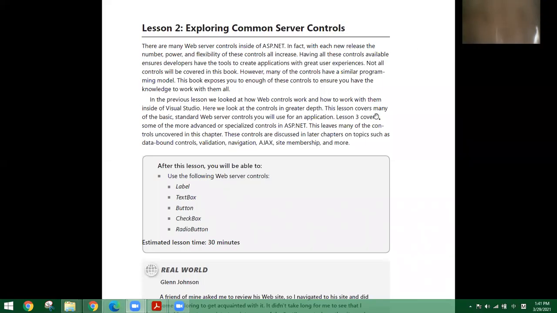Hi, this time we are going to introduce a little bit more about server controls, specifically label, text box, button, checkbox, and the radio button. So